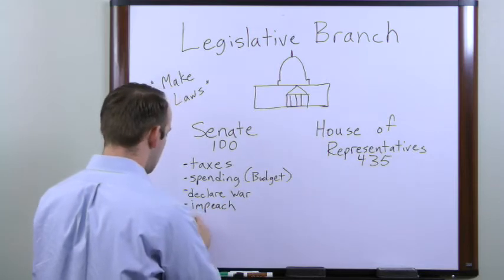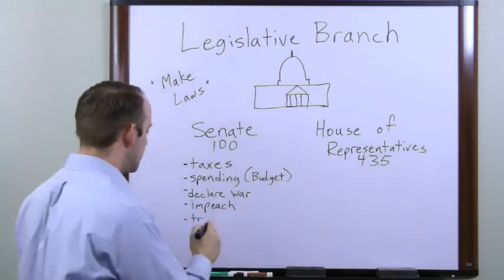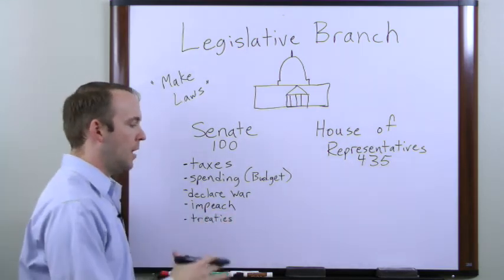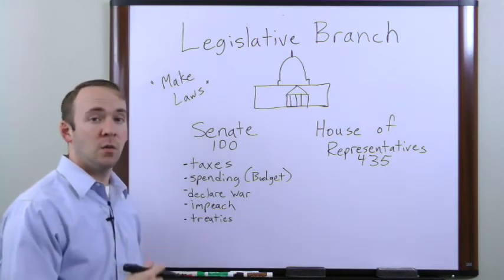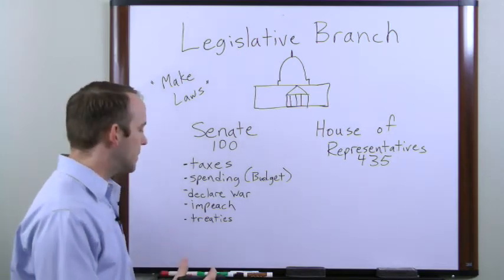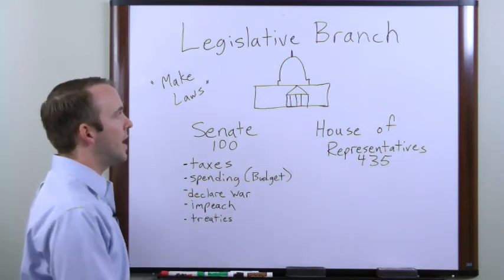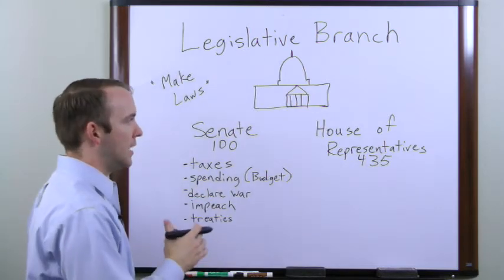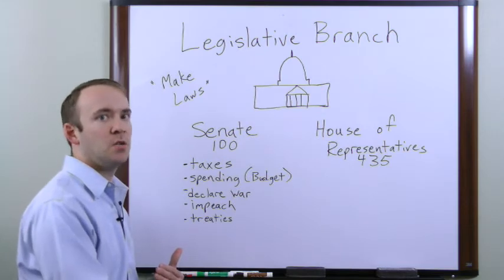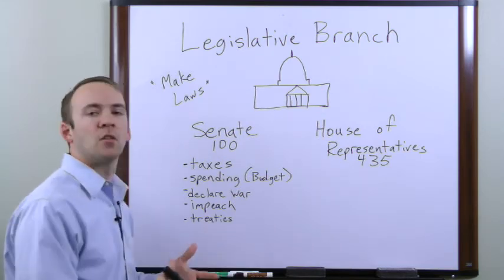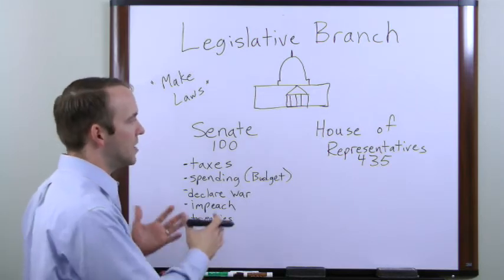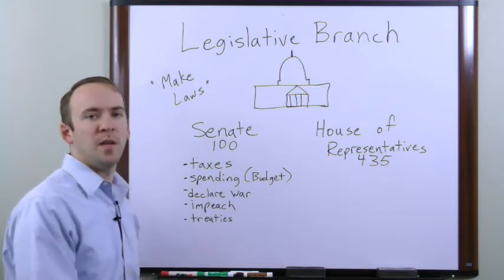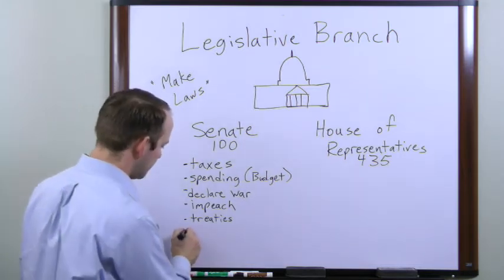Treaties? Treaties. The Constitution establishes the president as the person that is authorized as an American to go to other countries and deal with their leaders and try to make foreign treaties. But once the president comes back, Congress is the one that has to vote to approve those treaties. And again, there's a check and balance there. The president can initially negotiate it because it's better to have one person sitting across the table and making those negotiations. But Congress has oversight to make sure that that treaty is in a way that the American people are going to agree with. What else?